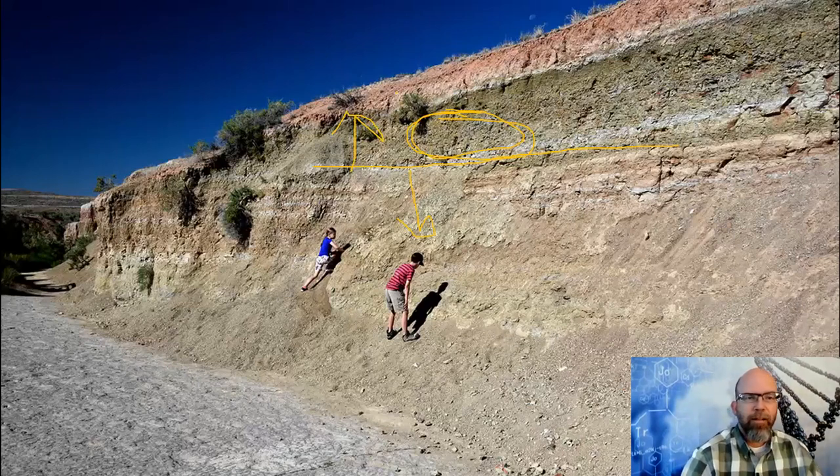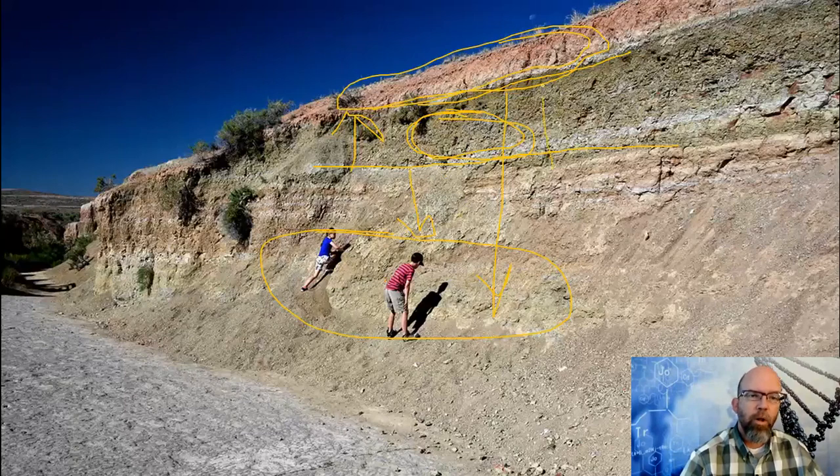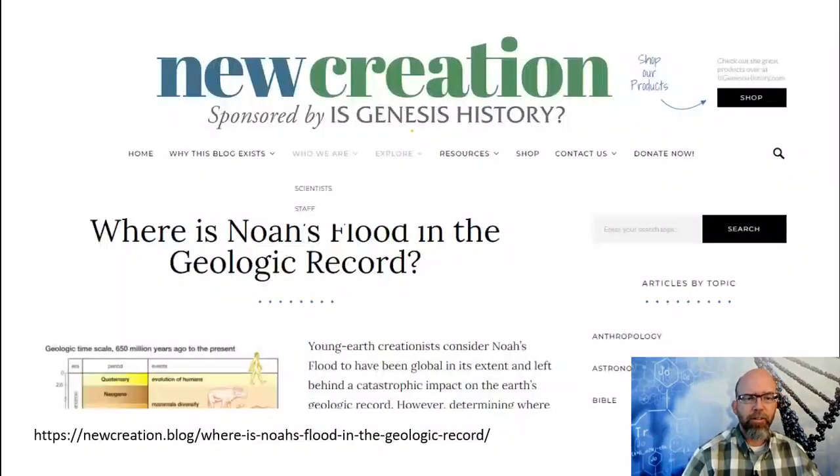Now, what I want to point out is that in this particular picture, these rocks up here are actually quite young, this light red stuff. But everything below this point right here is actually very, very old. It comes from the Cretaceous, so it's more than 65 million years old. The fossils that they're finding in these sediments right here are known from lots of places in the world, but in all those places the rocks are dated to be of Cretaceous era, which is sort of the dinosaur age. That means that most creationists would place most of these fossils in the flood strata, and probably all the way up to this point, and say that this is possibly the flood, post-flood area. Okay, so that's just a brief introduction to the idea of there